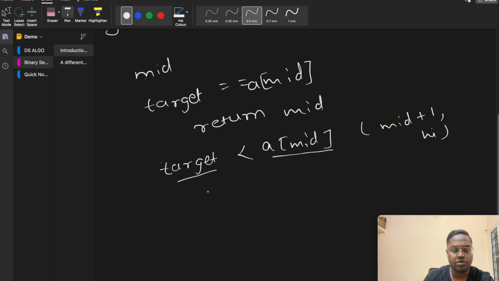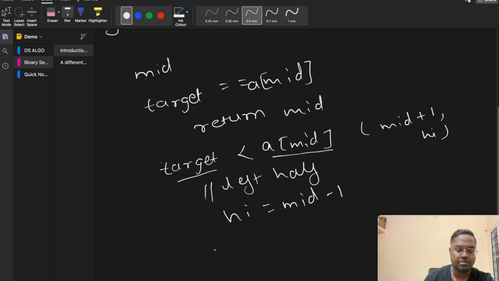Then what we need to do is reduce our search space. So we know that every element from mid to high will be greater than the target. So we need to search for the target in the left half. So we'll reduce high to mid minus 1. Similarly,